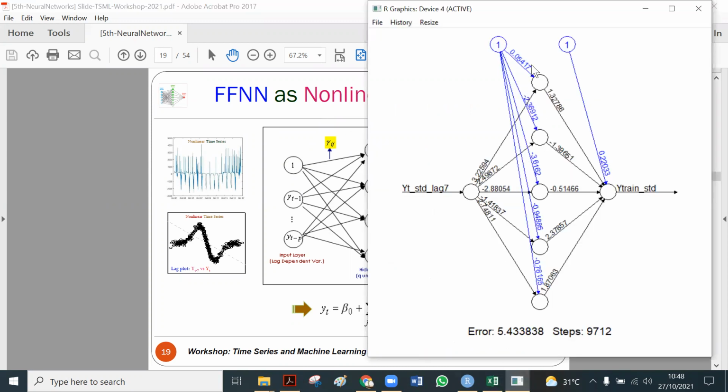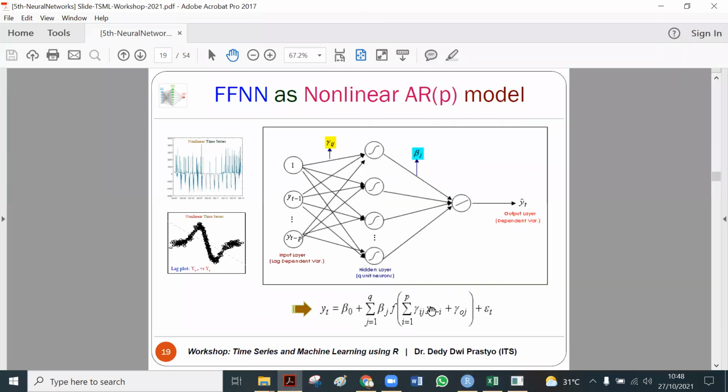This is the estimated weight coefficient. Of course we can write the estimates as beta 0 hat, beta 1 hat, beta 2 hat, until beta q hat, and so on.